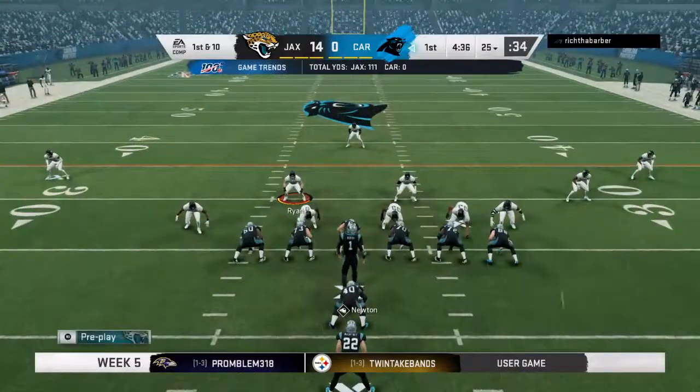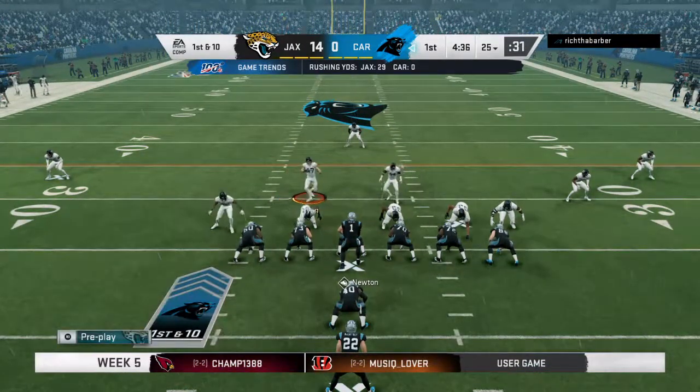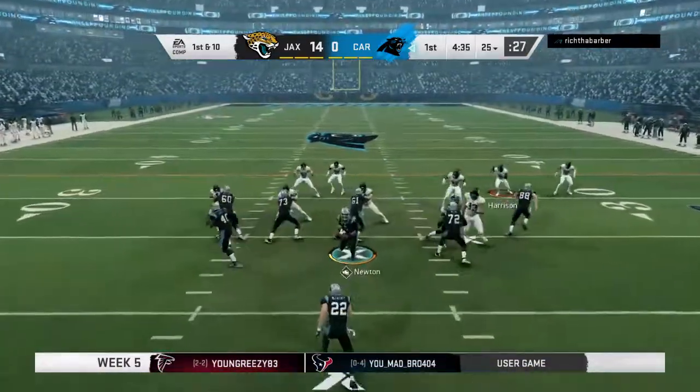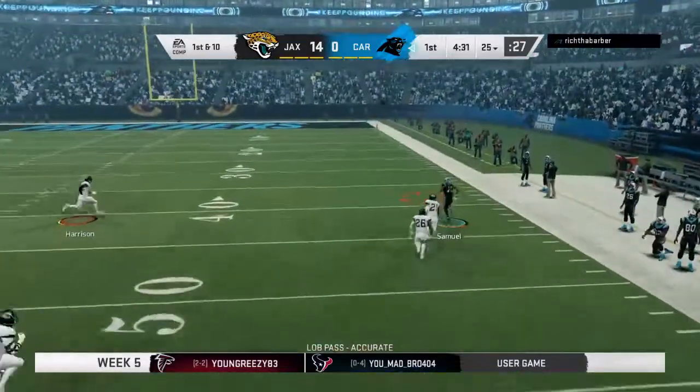The Panthers out there and ready to begin their next drive. Already down 2 touchdowns here in the first half. This becomes a pretty important drive, doesn't it? It certainly does, and a lot of the teams script plays. We know that, right? They have a script to start the ball game, and typically...